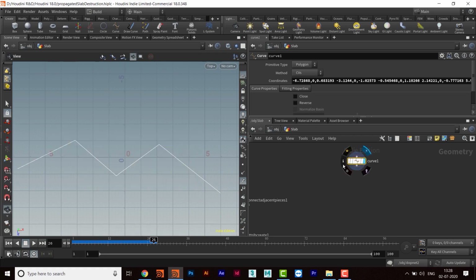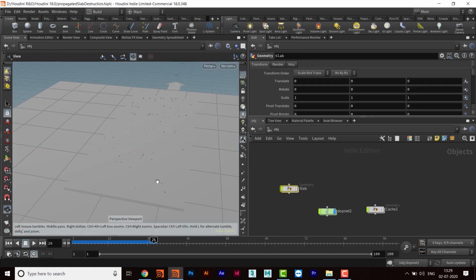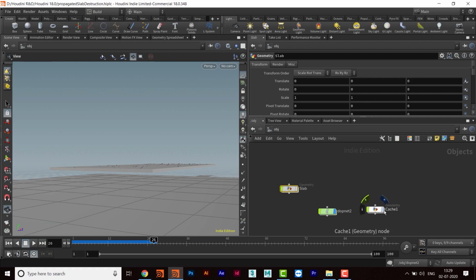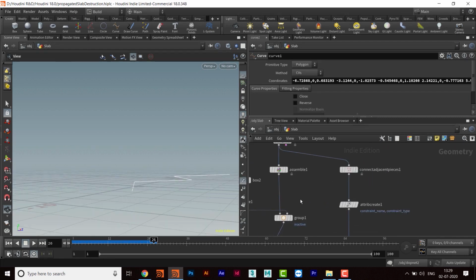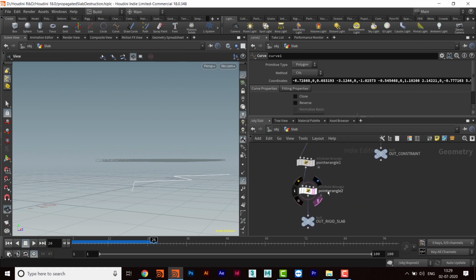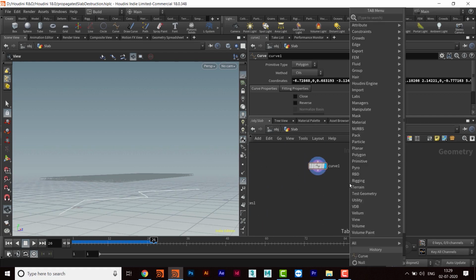Okay, so now we have this curve here. So you can create maybe any kind of curve. You can create a line, and then you can give it some sort of noise, but I want to keep it very simple so that you people can understand it. Okay, so that curve is there, and then I will press 1, and then I want to take that curve to the same point where the rest of the slab is there. So I'll come here and then make it like that. So the y distance is y. So I'll go there and take a transform.